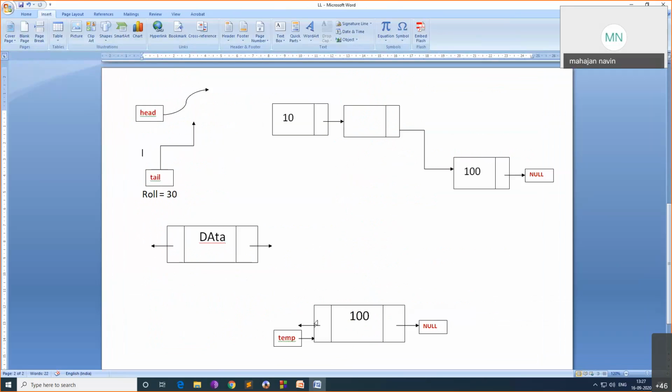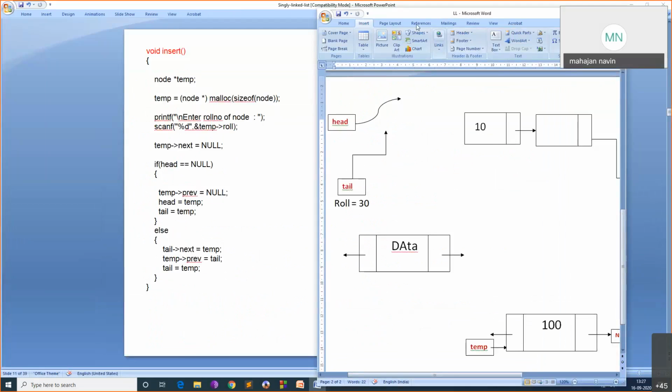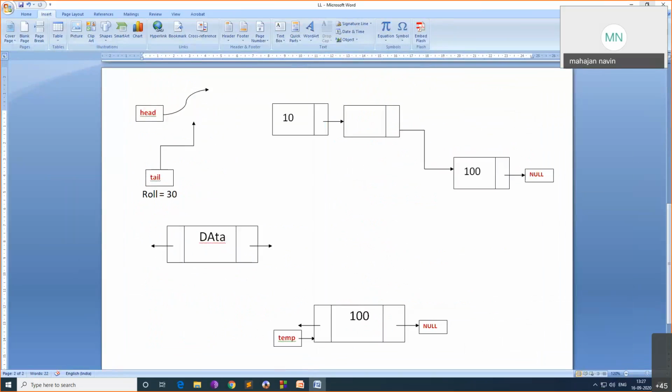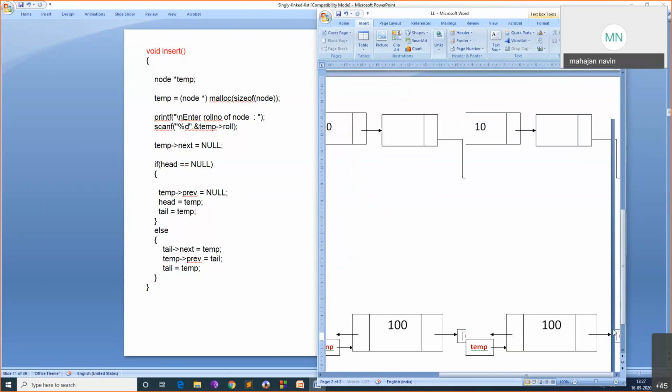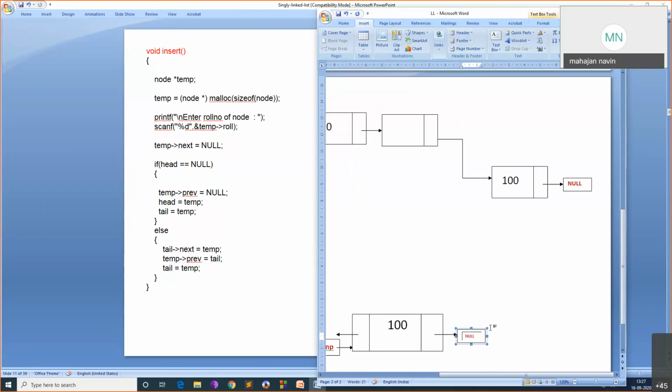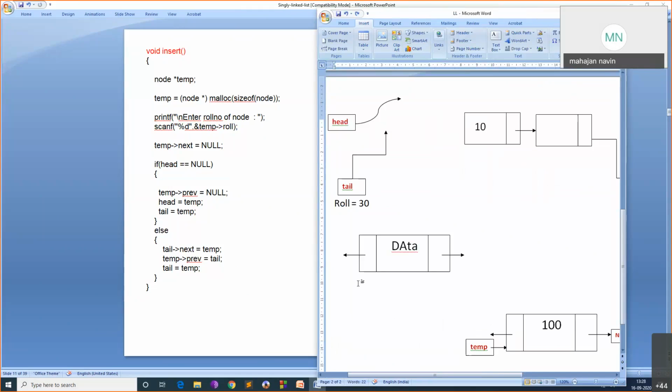Temp of previous is this much, you can see this initially. This temp of previous I'll assign to null: temp of previous equal to null. So I'll take this one, Control C and Control V, and paste it here.